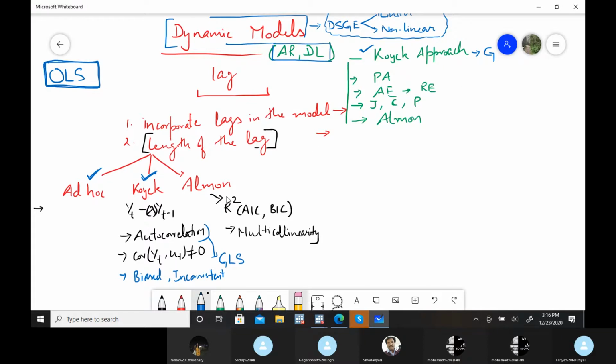But there are many other things besides these specific fields that you have to study in detail. Then only you have this confidence that, okay, now you can apply a dynamic model. There are n number of things. And in all other important things, there is no one-to-one relation here. Like in these three approaches, it's not that you have one answer, okay, this is the situation, I apply COIC. If this is the situation, I apply Almond, and this is the situation, I apply ad hoc.